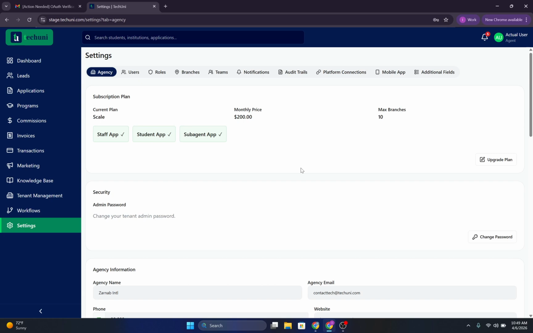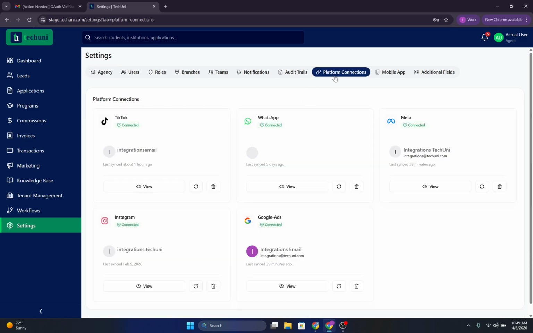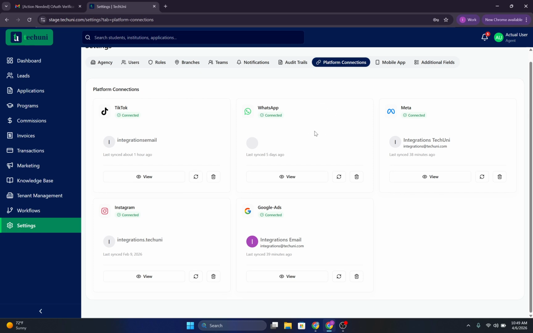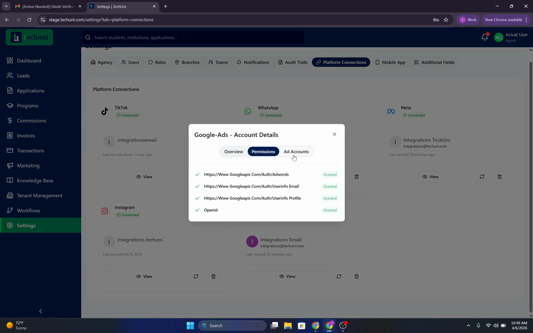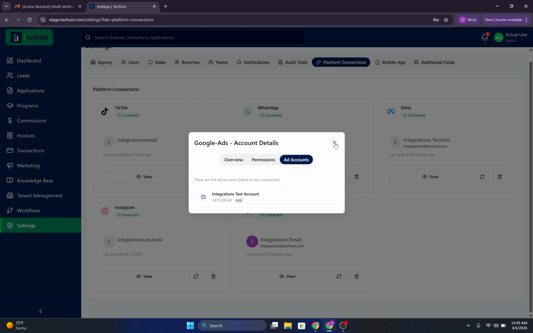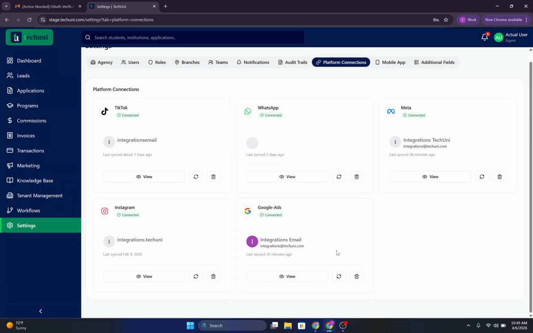This is a reply to the mail I received from the API Dev OAuth verification team, and this is going to detail the OAuth connection workflow, which was missing in the previous video. As I mentioned in the previous video, when a user logs in, we have this platform connections page, and here we can see the Google OAuth connection. We can view the details about it with the permissions and the ad accounts that are connected to that OAuth